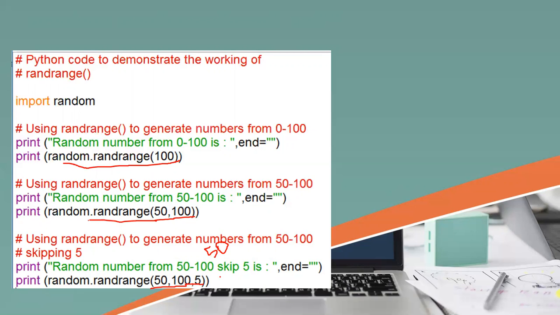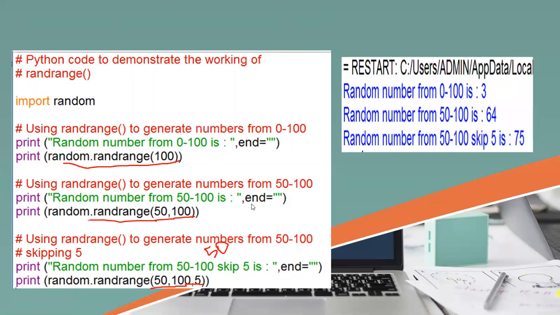If the first one is 51, then it may generate 56 as the next number. So step is also provided. You can see the output of this. Here we can see that the first is 50, then it will skip 5, and it will generate 75 as the number. The first is clear, second is also clear. In the third, you can try by yourself also. It will skip 5 each time while generating the number. Okay, with the step of 5, it will generate the number. So let us see the next slide.